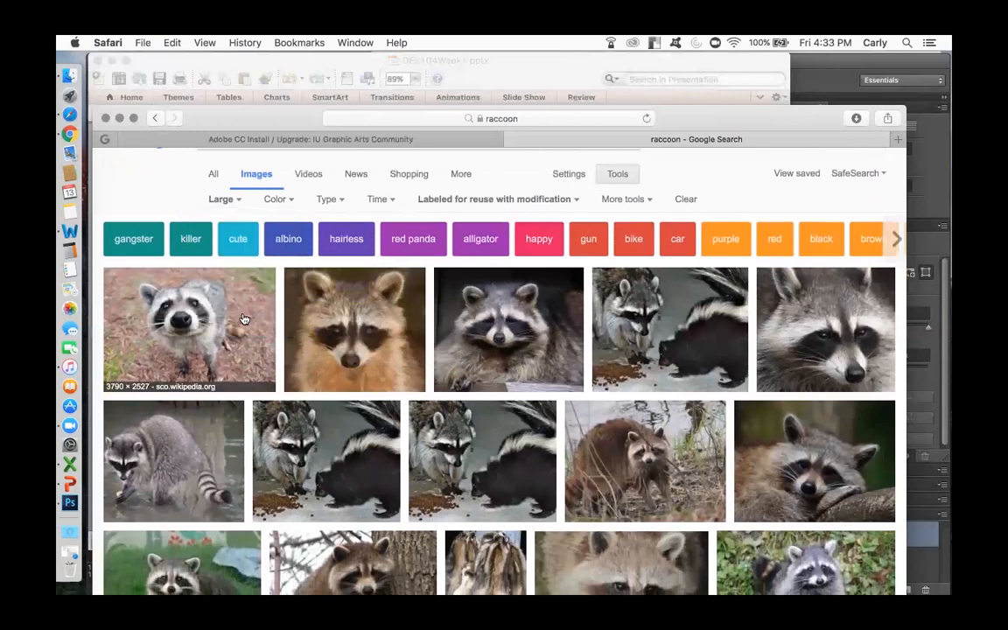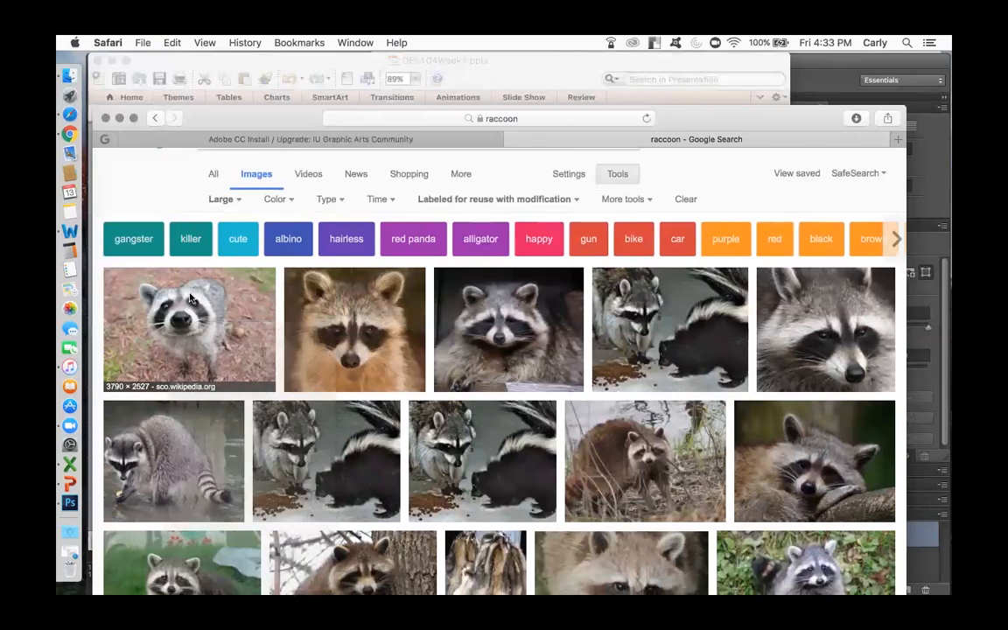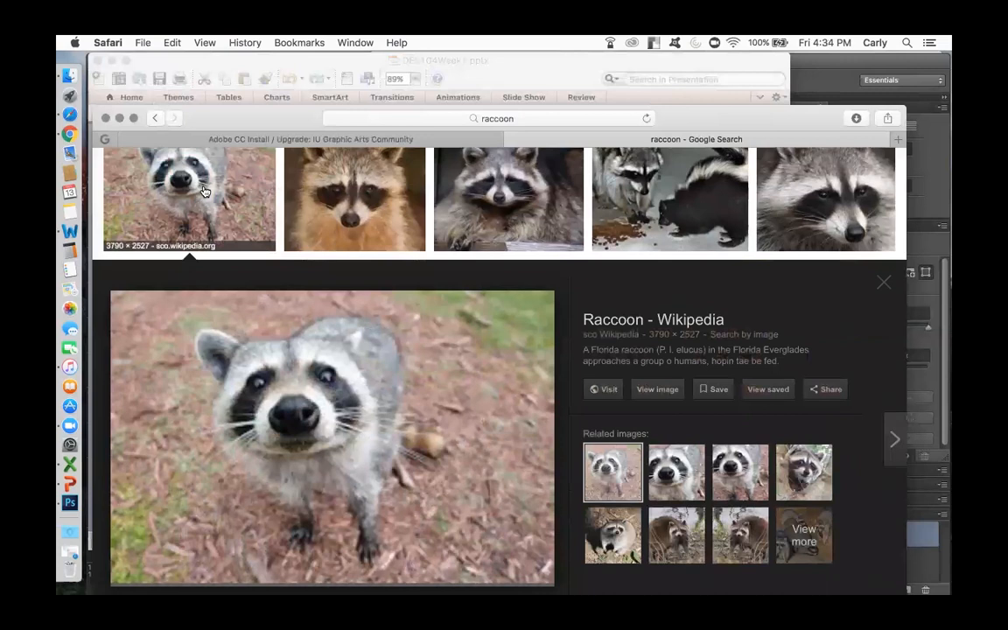Now, as you are hovering over each of these to decide which one you want to use, you'll see some numbers, and that's the size of the image. Okay. Now you might be thinking, oh, cool, that's a nice high resolution image, over 3,000 by 2,000 pixels. Let's use it. So you might be tempted to just control click download linked file as, or save image as. The problem is this is a small preview image, and if you save this small preview image, it's going to be too small for your